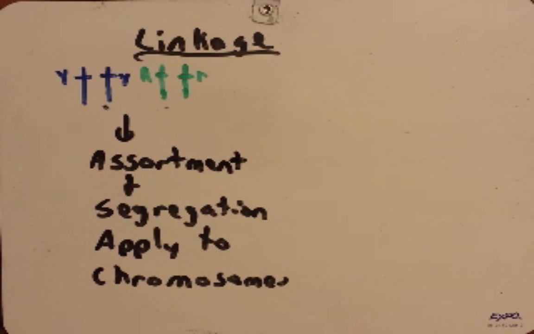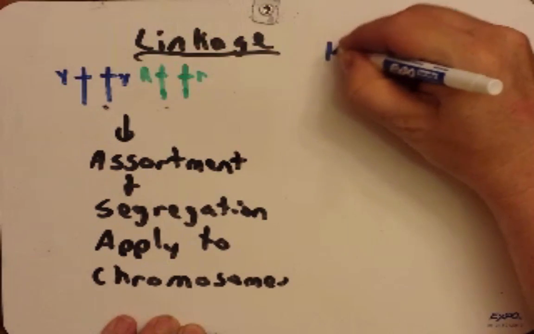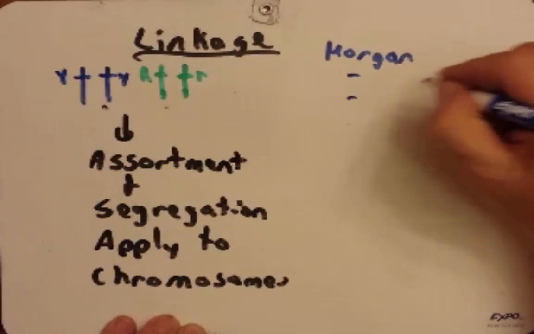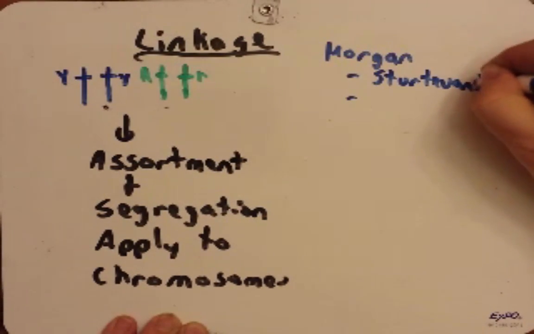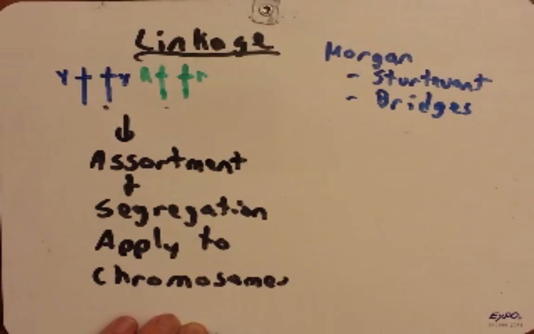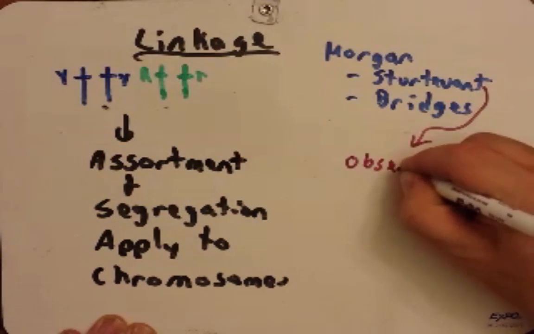Well, then along came a few scientists. Morgan, remember he was the one that first won a Nobel Prize for his work in genetics. And then he had two students that worked with him, Sturtevant and Bridges. These started off as undergraduates in his lab, and at least one of them was pretty much a C student, but went on to win many prizes for his ultimate genetic and molecular biology research. Sturtevant, while he was in Morgan's lab, observed